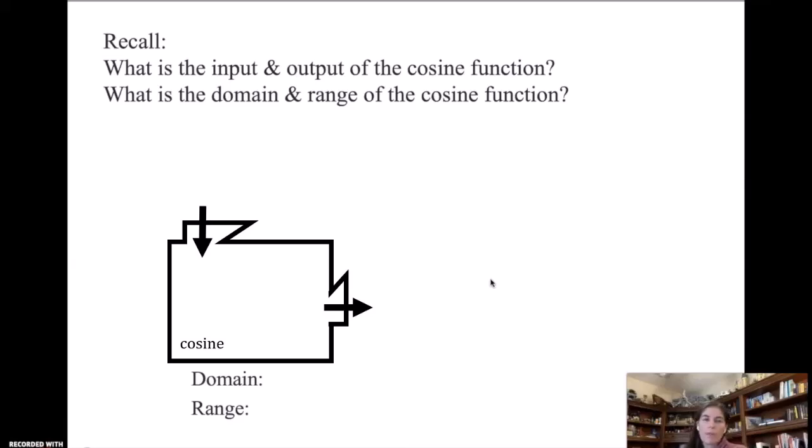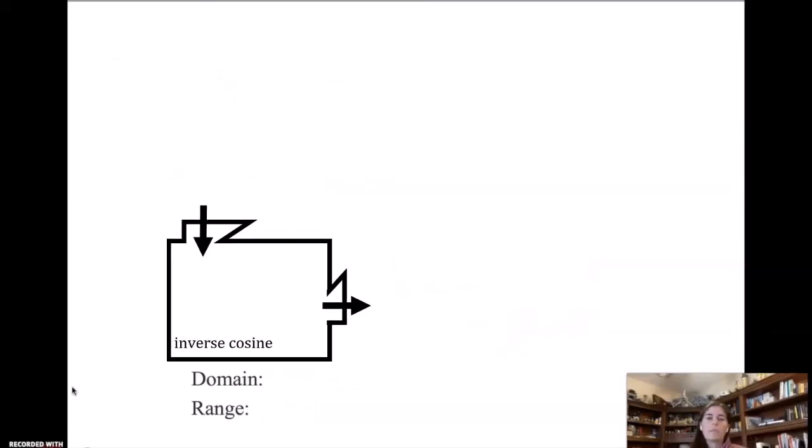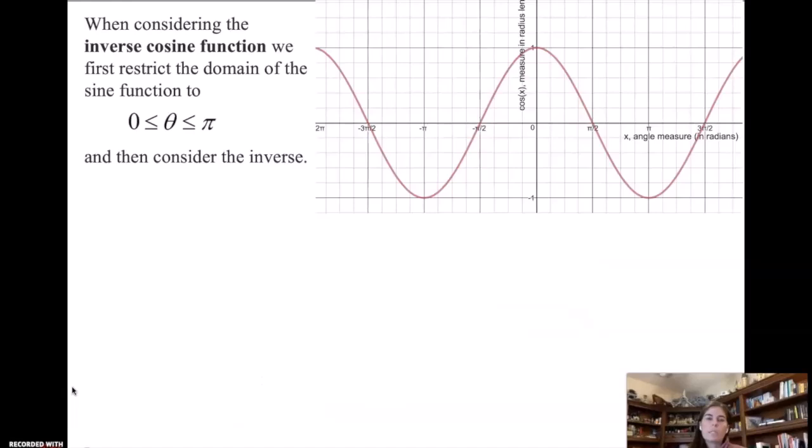What's the domain and range? We are going to run into the same problems with inverse cosine that we do with inverse sine. So I know here the input to the cosine is angle measure, the output is the horizontal distance. Input for angle is all real numbers. The output is just from -1 to 1 because I can be one radius length to the left and to the right of my circle. The inverse, again, wouldn't be a function, but when we restrict the domain, it does become